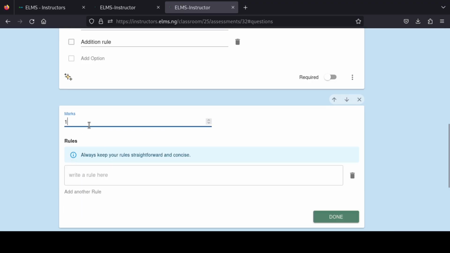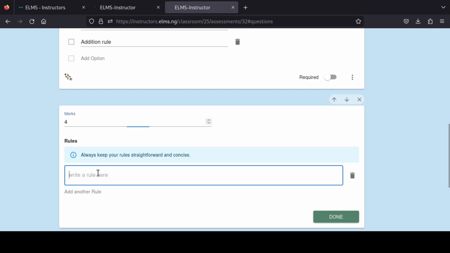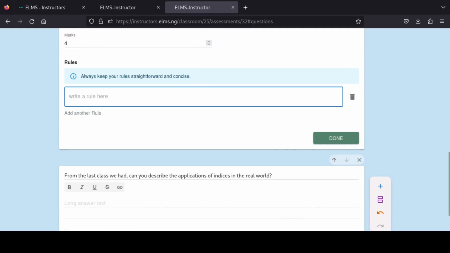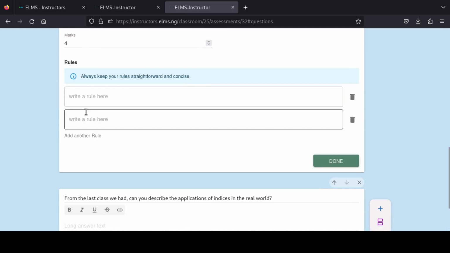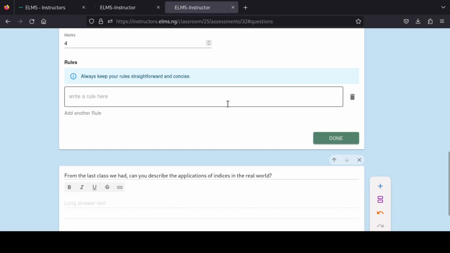And we say a maximum amount of marks of 5, or let's do 4. Then we'll say we're going to give a rule now. You can add as many rules as you want, but you have to make sure that your rules are concise and straight to the point. So I'll give one rule saying